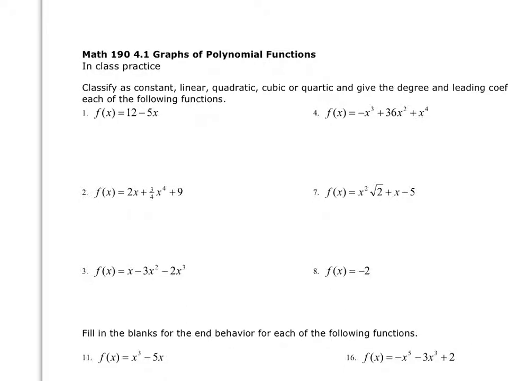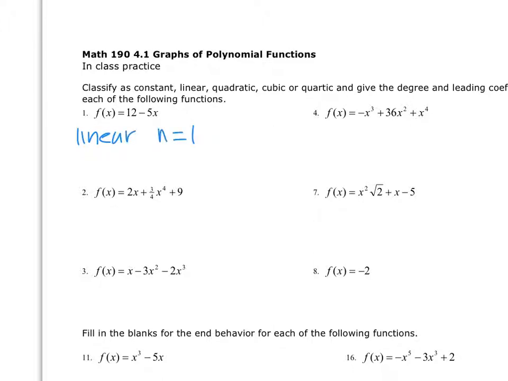Here is a walkthrough of this practice sheet for graphs of polynomial functions. This first section, we're just identifying whether we have linear, quadratic, cubic, or quartic, and then we want the degree and the leading coefficient. So number one, this is linear, and that is because the degree is 1,